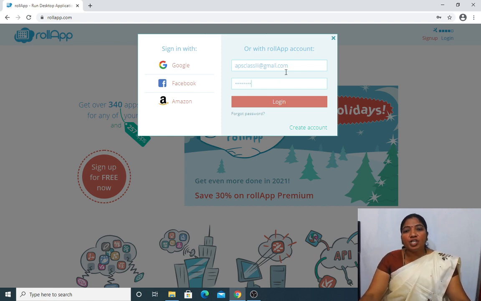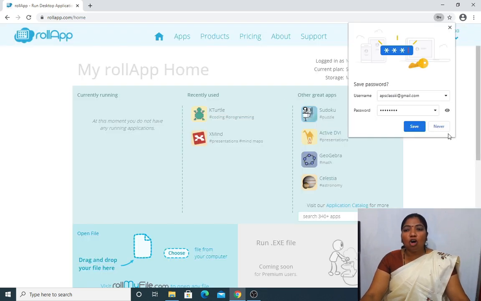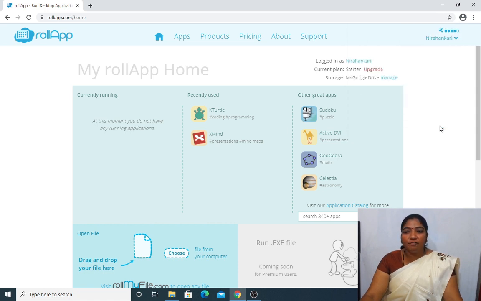After entering the username and password, just click on login. If you have your own computer, you can click on save. Otherwise, if you are working on other desktop computers, just click never. It will be asking to remember the username and a password.